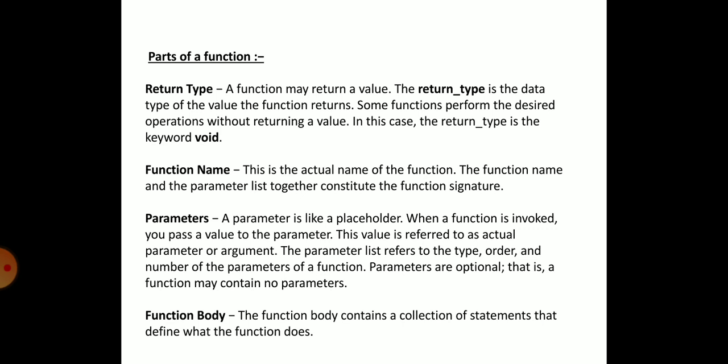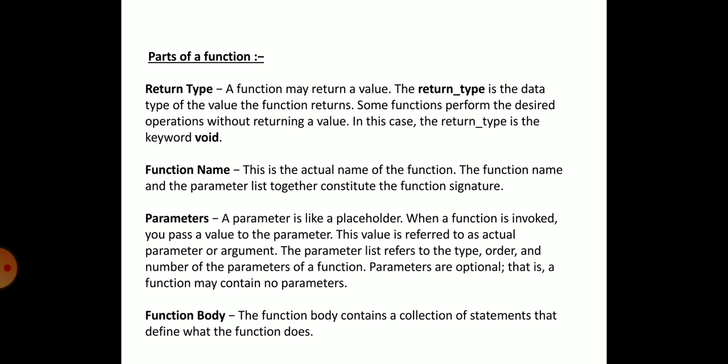So, this is also known as arguments. The parameter list is also known as arguments or formal parameters, because this serves as the input data to the function. So, these three elements are included within the function header. The function header contains the return type, function name, and the parameters.